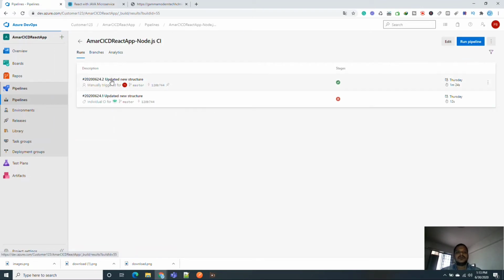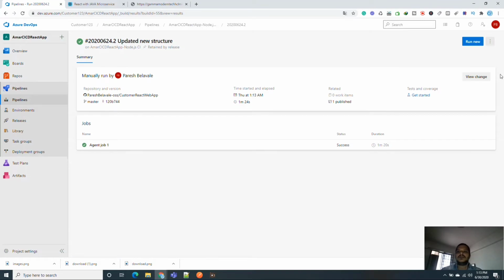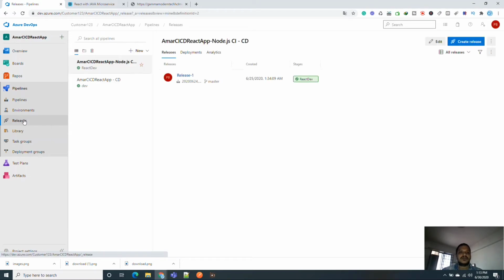In order to create the release, you can create it from here also. From continuous integration you have the option to create the release from here. I actually already created the releases, so we'll go to the release section. So you can see I have created this continuous deployment pipeline. Okay, so we'll see what I have done here.